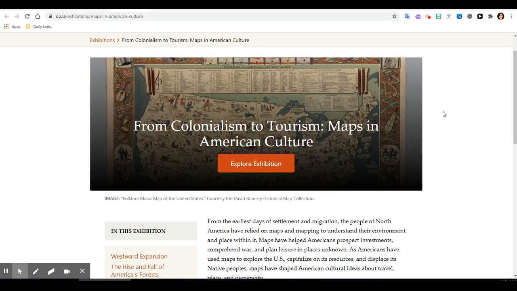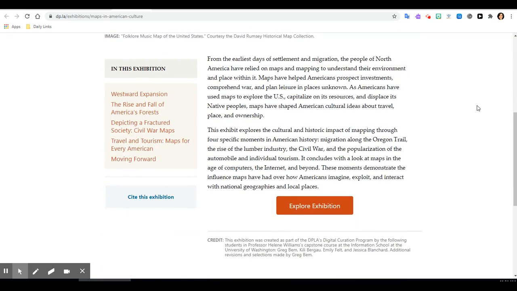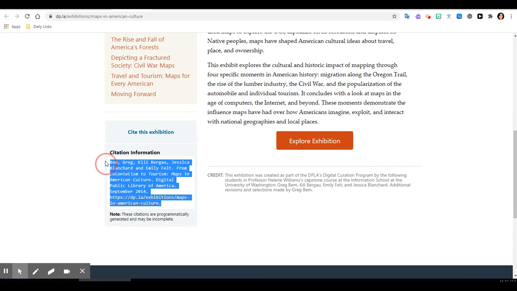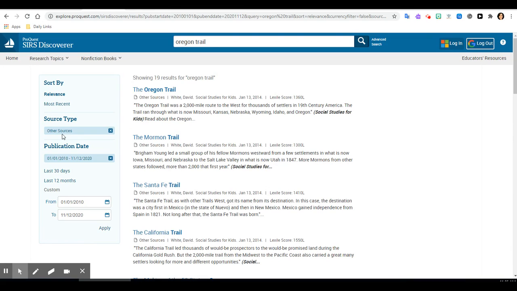This is an entire webpage devoted to colonialism, and you can go on down and read a little bit more, okay? This one is really great because to cite it, it tells you right here, cite this exhibit. And so you would just copy and paste all of this and put it into your Google Doc. Okay. I went ahead and clicked on the other sources because it had 19. So if you do that,